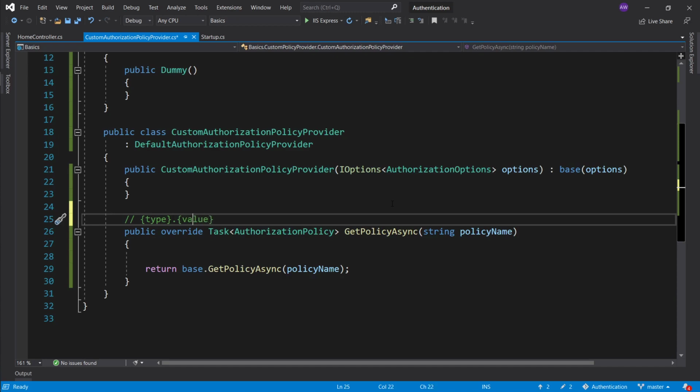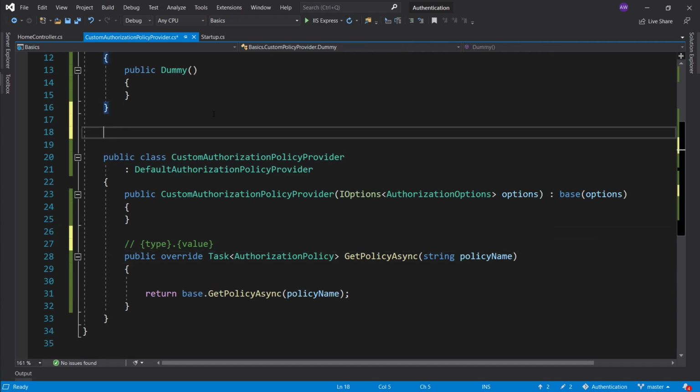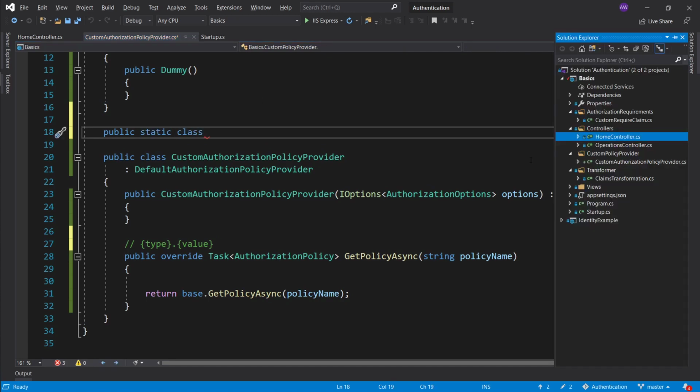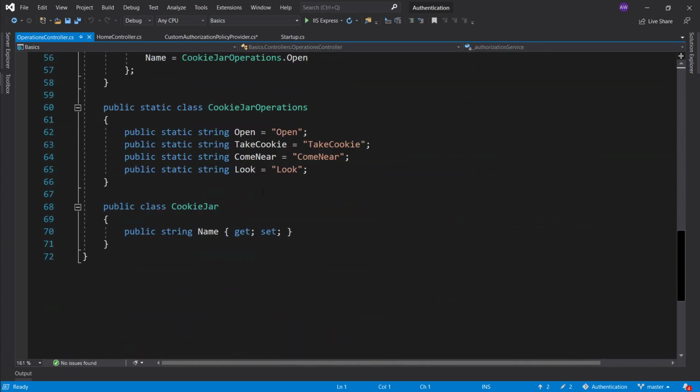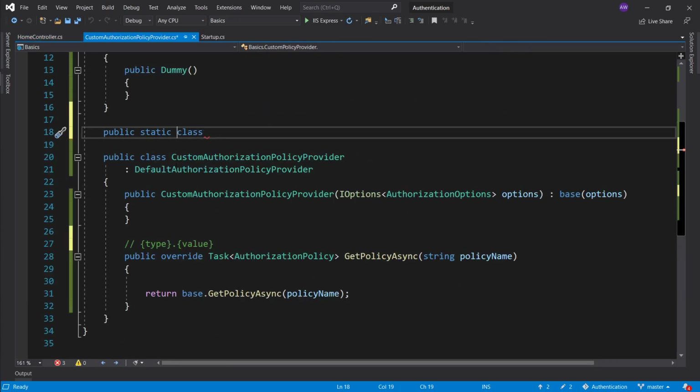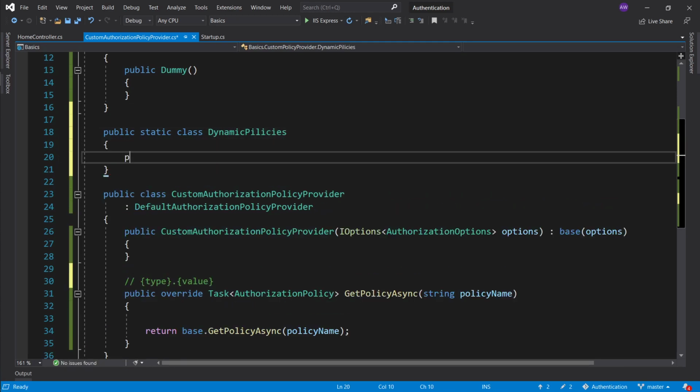Okay, type, I will explain this in a minute, but let's go ahead and create a public static class, and it's going to be a kind of similar example to this operations controller, the cookie jar options. So I'm essentially just creating a list of static values that I can reuse. This is going to be the types of policies, and since these policies are going to be dynamically created, I want to name it accordingly. So let's say dynamic policies, okay, and I will start off with